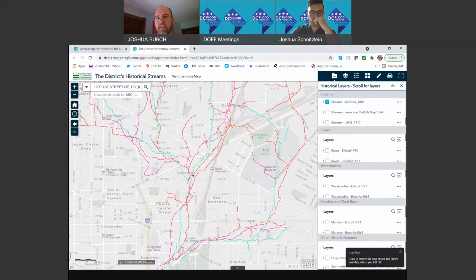The one caveat I think that we always want to make clear for homeowners and business owners or property owners in general: just because this map says there was a stream right at this location doesn't mean that it was right there, because over time survey methods have changed, so the stream could have been 50 to 100 feet one way or the other. The other thing is we live in a developed city, so not only were streams piped,